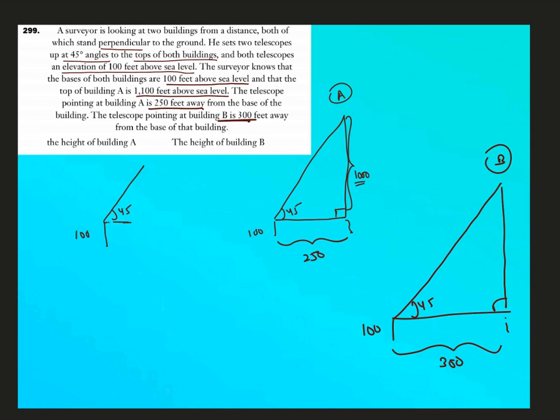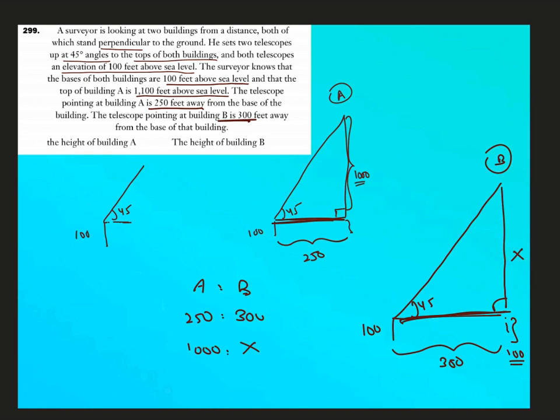Now one thing is for sure, these two triangles are similar figures because they share the same distribution of angles. They're similar but not congruent. Why? Because the lengths are not same. We have the base as different, but since they're similar figures, their sides are going to be in the same ratio. So if the bases are in the ratio 250 is to 300, it has to be the same ratio for the heights as well. So I can use this ratio to find x. Let's say this is x, the height. In fact, the height is x plus 100 because this is 100.